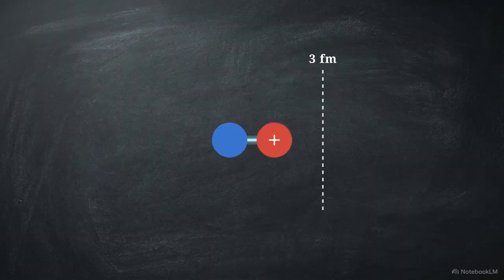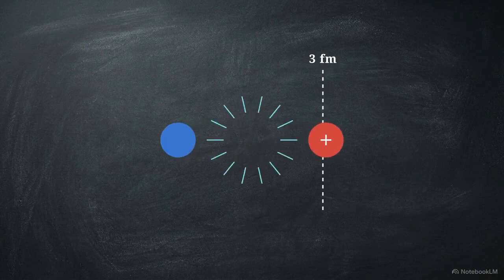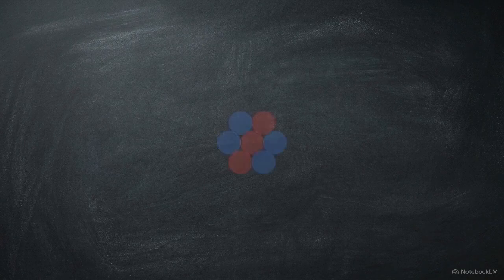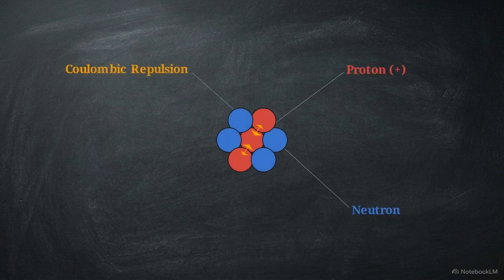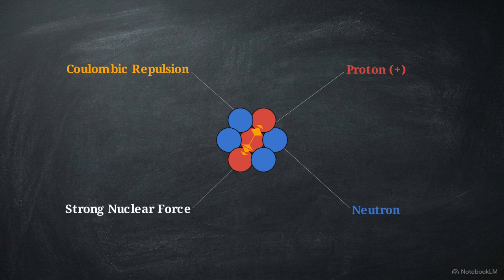Protons and neutrons are bound closely together by the strong force, but beyond about 3 femtometers, it drops to nearly 0. Competing directly with it, the Coulombic force repels them from one another, trying to tear the nucleus apart. Unlike the short-range strong force, Coulombic repulsion has an infinite range.